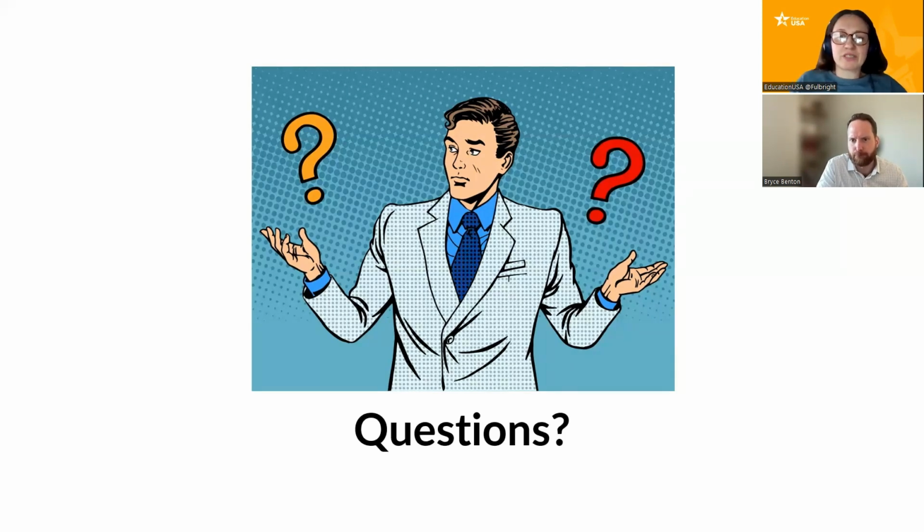Great. We have one more question. Is it possible to apply for funding after you are accepted in case of a change of circumstances? And how likely will colleges grant funding in this case? Yeah, that's a good question. From what I've seen, most colleges and universities here expect the student